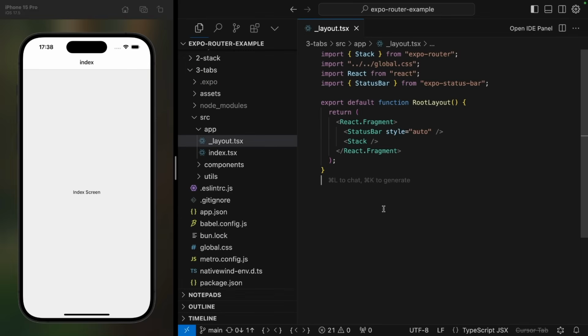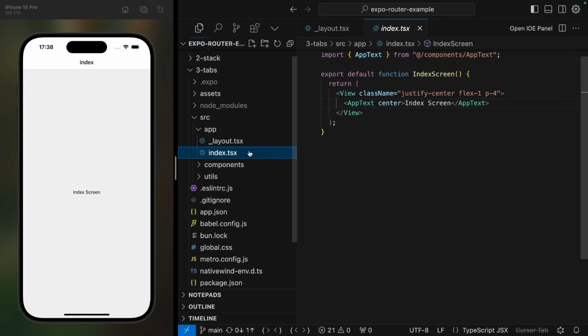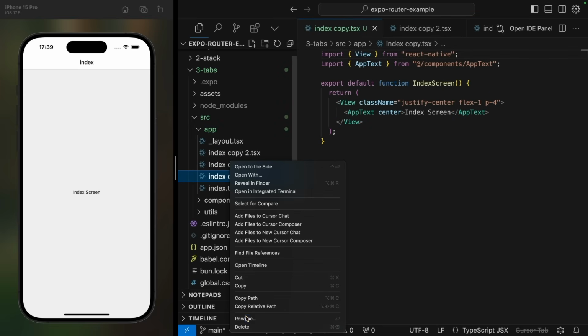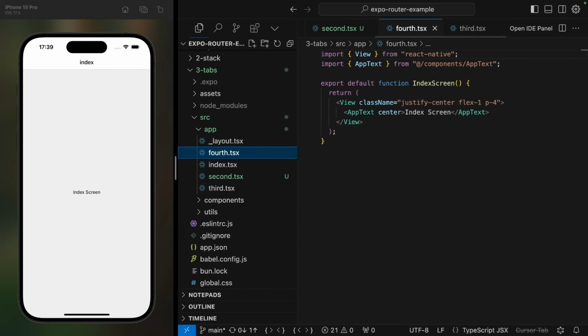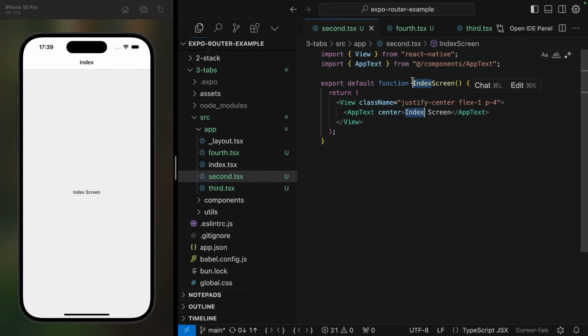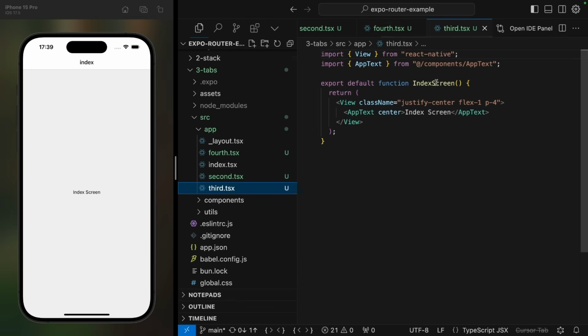We start once more with our single layout that returns a stack navigator and a single screen. Let's duplicate this screen 3 times. So we would also have a second, a third, and a fourth screen. Right now, these screens are using a stack navigator. So of course we're only seeing the index screen, unless we add a button to link to any of the